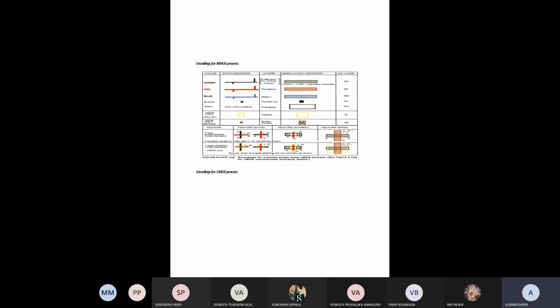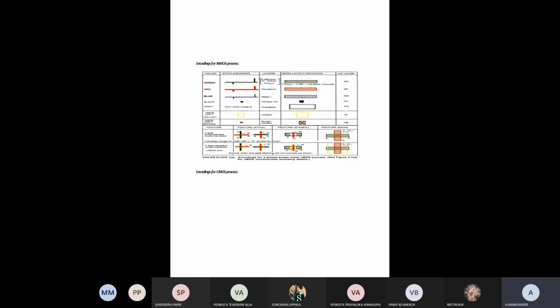In the diagrams below, in tabular form, the representation shows a simple enhancement mode transistor and a simple depletion mode n-type transistor. Here we have the stick diagram and the mask layout diagram, with the green lines and the red mark. That is a simple transistor. In the symbolic diagram, we represent the MOS transistor with the gate, drain, and source terminals.